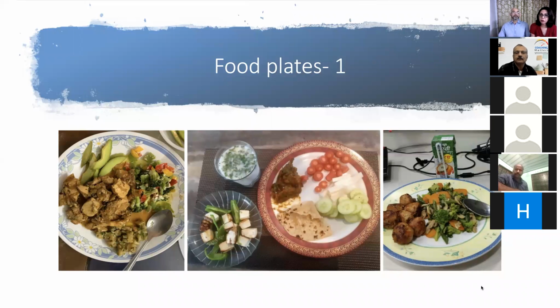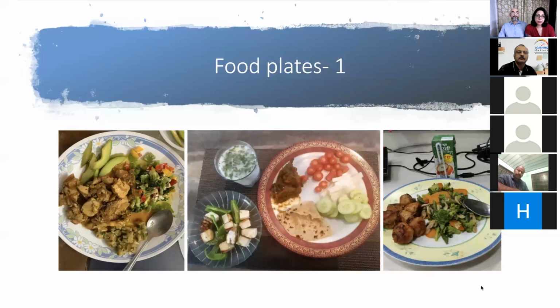In fact, we encourage you to share your meal plate on the group so we can help you analyze it, and wherever you need changes, you can make them. You can share it with your accountability partners, or you can share it on the groups also, and we'll be more than happy to help you analyze them. So here, let's make it a little interactive. Let's start with the one on the